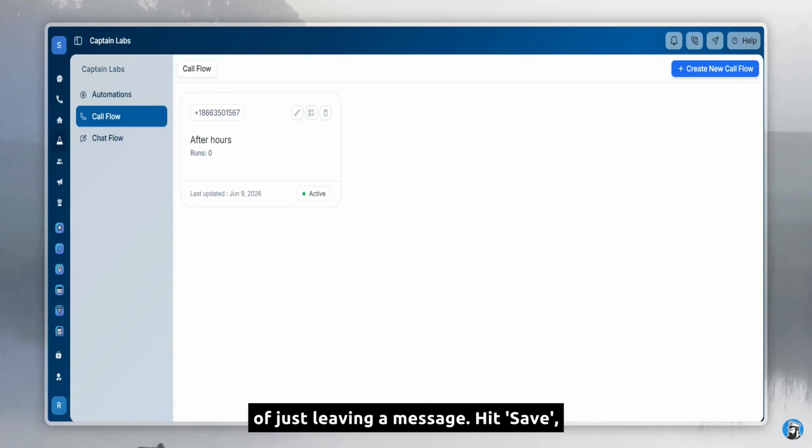Hit Save, and you'll be taken back to the Call Flows overview page where you can see your new after-hours routing flow live and